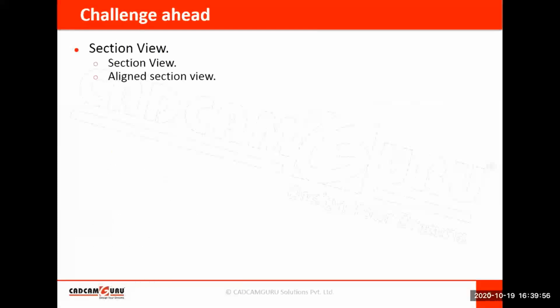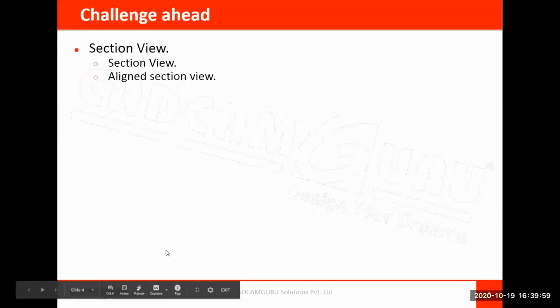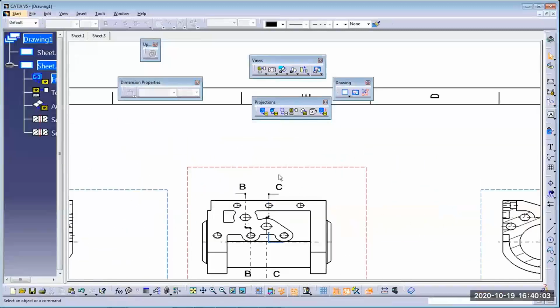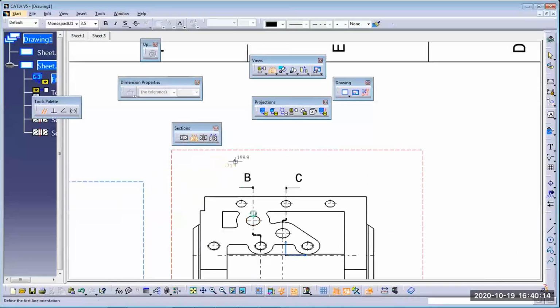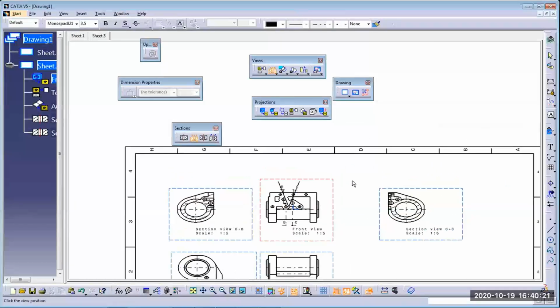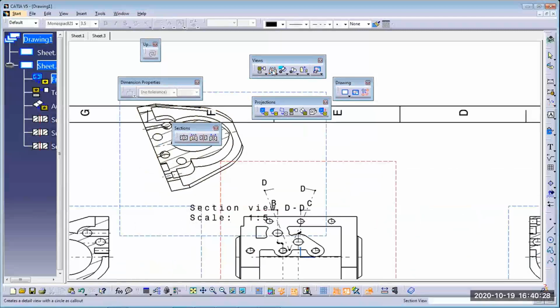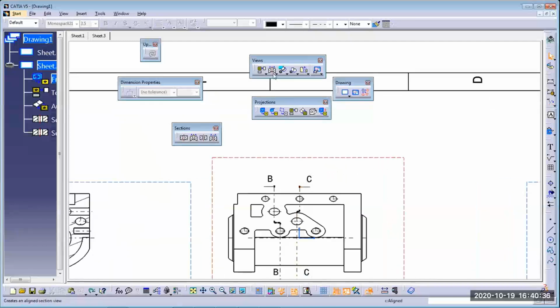The section view I discussed earlier. Align section view. So if you double click on this and use this option, the align section view button, here you can take an angular section like this. At any angle you can do; double click here and place it where you want. Okay, if you want an exact angle, I'm pressing Ctrl Z. I want an align section view like this.